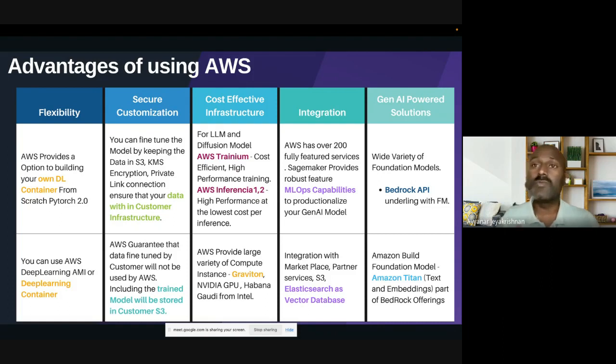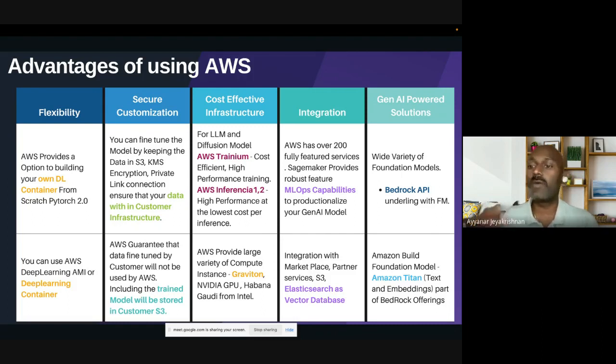And once you build a model, that is not the end of the story. You need better integration with the existing capabilities, particularly large language model operations, which we are planning to cover in a session at an upcoming meetup. It's really important. It's a little different from MLOps, but it's needed. And as I mentioned, integration with a vector database like Elasticsearch is also very important.